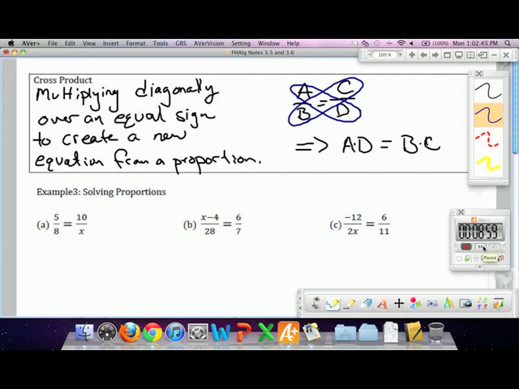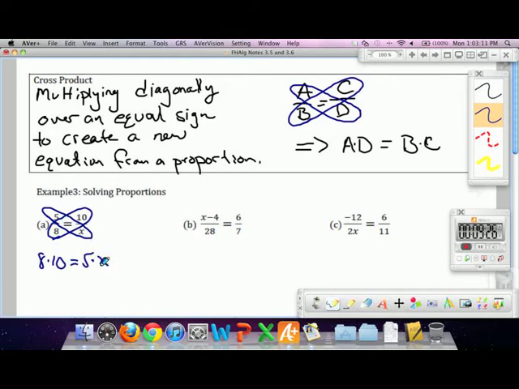So we can use cross multiplying, or multiply on one diagonal and get, say, 8 times 10. And that should equal multiplying on the other diagonal, 5 times x. Does it matter which one you...? Exactly. So then once you've cross multiplied, now you've got an equation with no fractions, and now we'll solve it